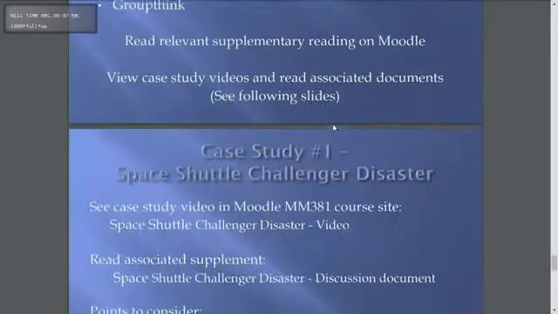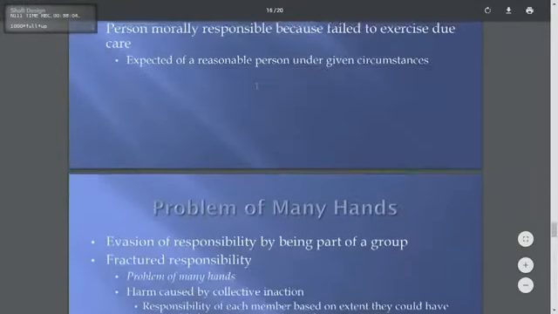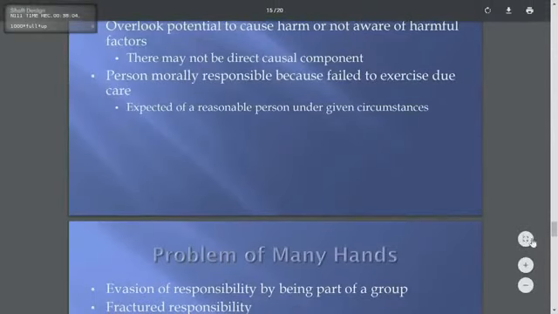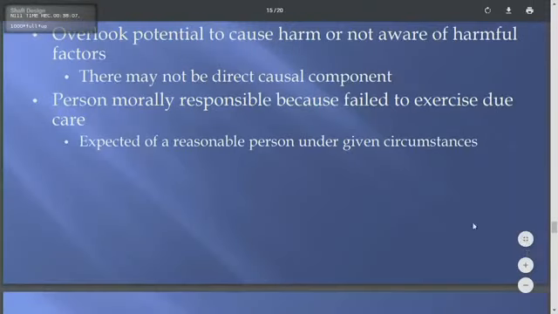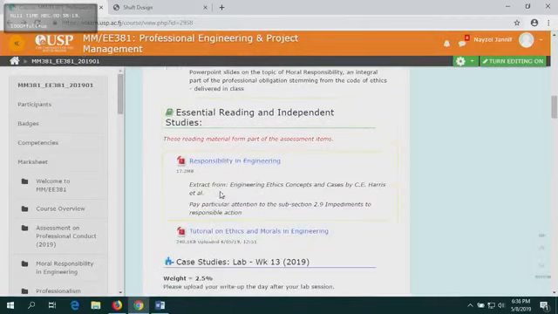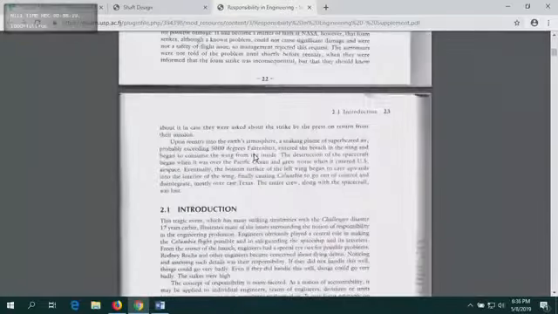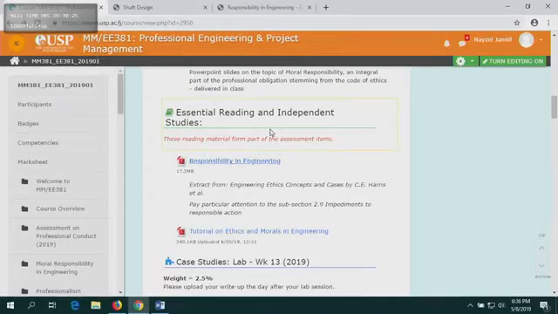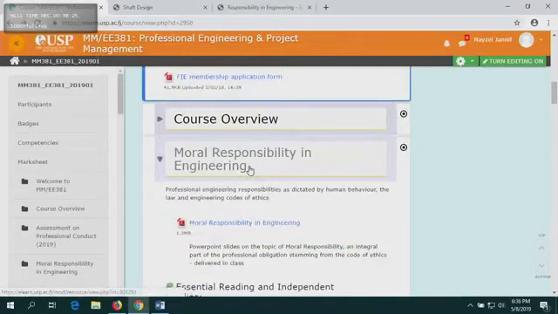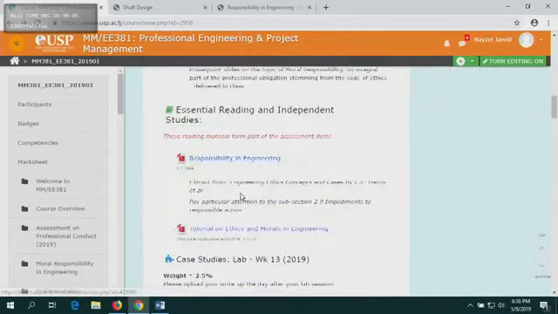All right. Okay, this is case 1, case 2, and case 3. I presume you are already looking at the videos online. Now, the next topic which I wanted to cover was, I just wanted to show you, there's something called responsibility in engineering, and this is from a particular book chapter. I would like for you to read this. If there's 3 chapters which I'd like you to read, it's the professionalism in engineering, the responsibility in engineering,